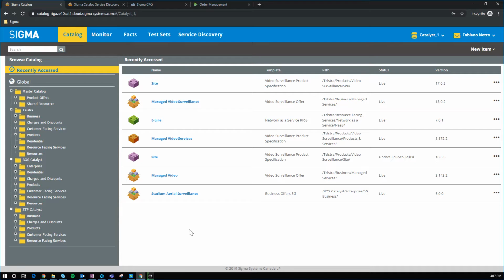So the first thing that we are going to see here is from a catalog and configuration perspective. Sigma catalog has the capacity to model different offers from the whole PSR perspective, which includes products, services, and resources. So we would be modeling all the offers here from the offer level all the way